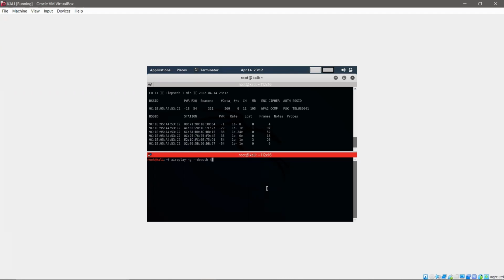Here the 4 is the number of deauthentication packets that we are sending to the router. If I put 10 million packets instead of 4, then the client would lose the internet connection for a lot of time. Then -a, then the target MAC address,